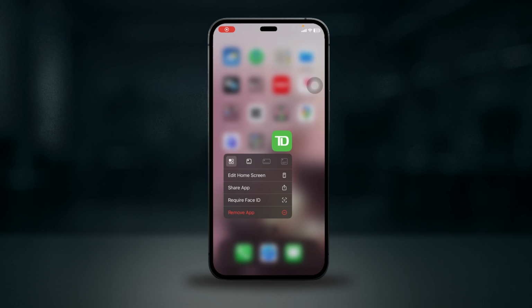Hey everyone, welcome back. If you're seeing a login error in the TD app, start by double checking your access